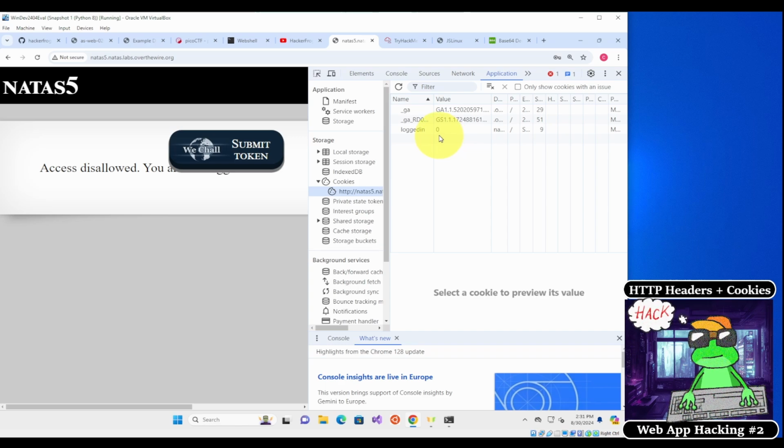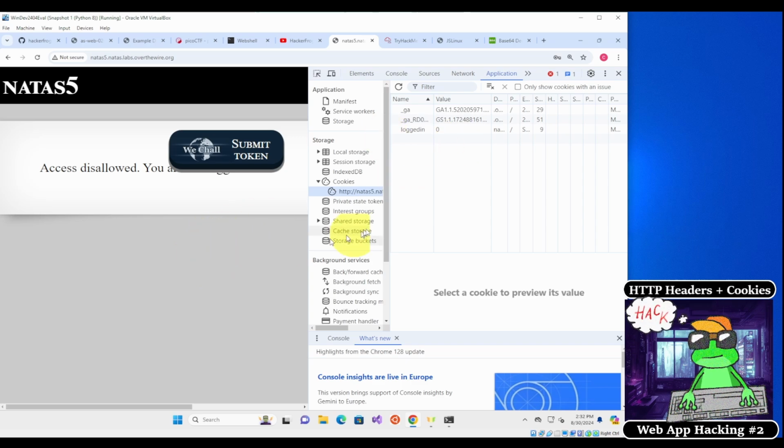So this value over here says we're not logged in, and the value is 0. What do you think the valid logged in value could be if it's currently set to 0? User ID says you're using the same browser as mine. Okay. What I want you to try is to use